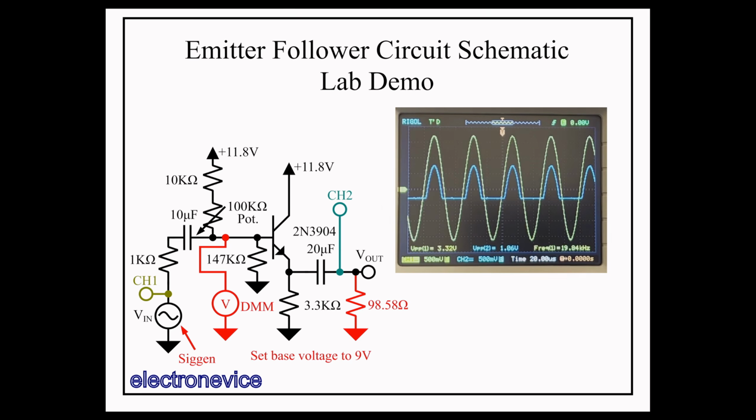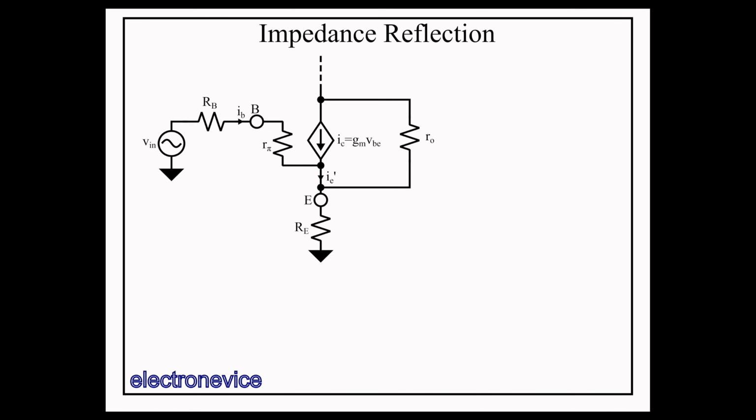Okay, now that we've done formal analysis on the circuit and seen it in action in the lab, let's talk about this concept of impedance reflection. Impedance reflection is an analysis method that allows a person to transfer resistance from the base to the emitter or from the emitter to the base in the calculations to simplify them or make them more understandable. What it really is, is recognizing that due to the mathematical relationship between base, collector, and emitter currents through beta, we can move resistance around in the system and get the exact same results. This method can make things appear more intuitive and make understanding the circuit easier for certain circuit configurations.